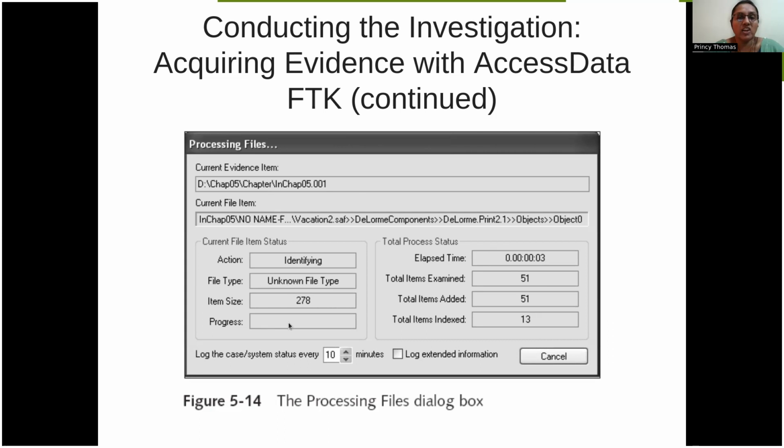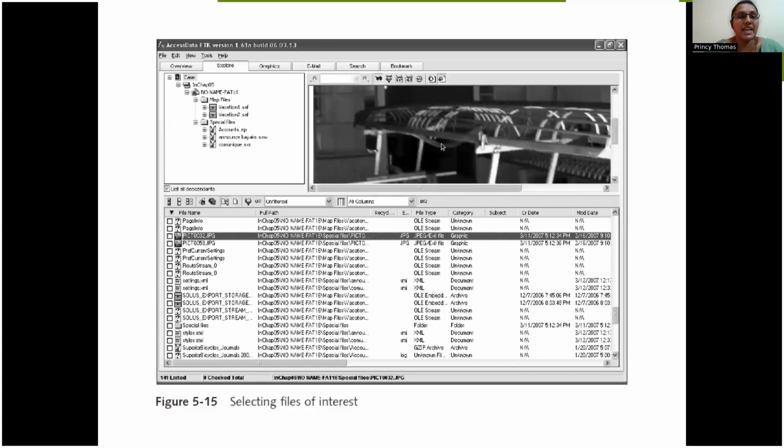Depending on what kind of processing we need to do, we can select the evidence, give a name, and choose what kind of options we need to use, logging, etc. All that can be done in FTK. Selecting the file of interest. This is the FTK directory,